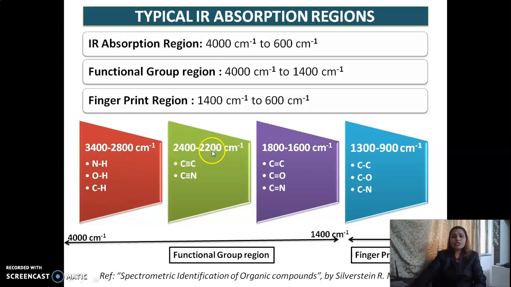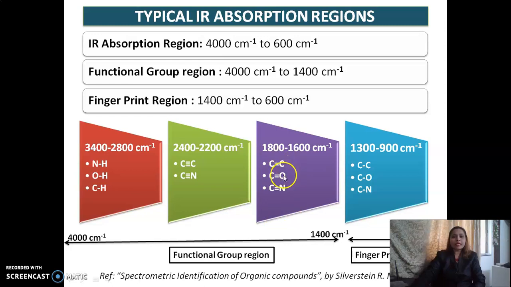Another region, 2400 to 2200, is where triple bonded compounds generally absorb, for example alkyne, nitrile, cyanide. Another, 1800 to 1600 centimeter inverse, is where generally double bonded compounds can absorb,